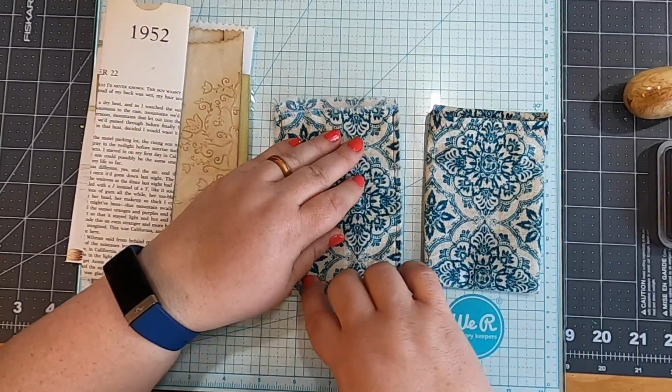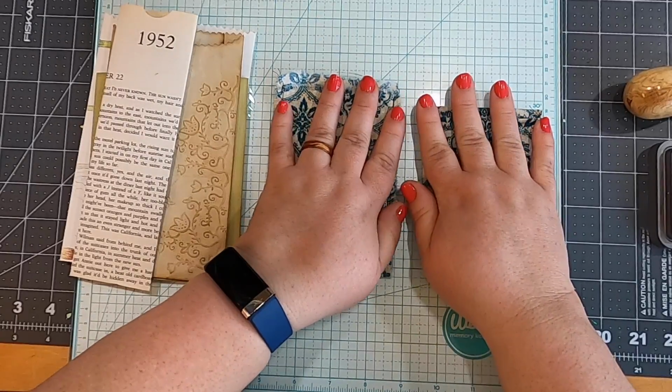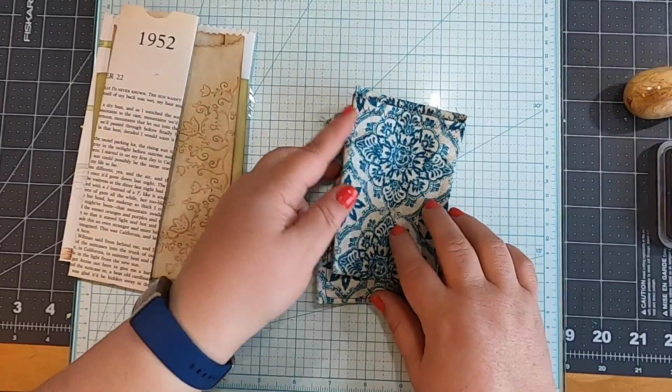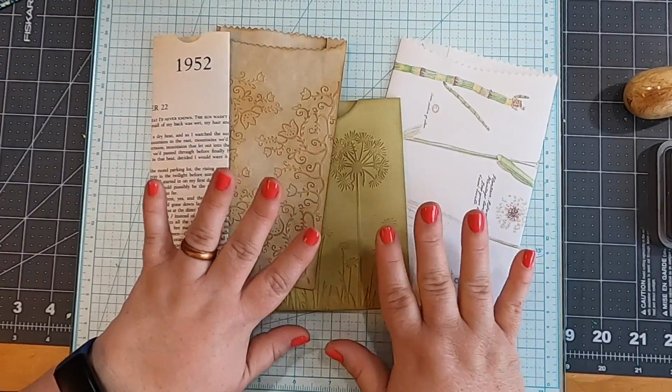You can sew them into the corner of a book or something. And fabric is nice because it adds some different texture, right? So those are a couple of little fabric bags that I've made. Then let's look at these 4 different examples of